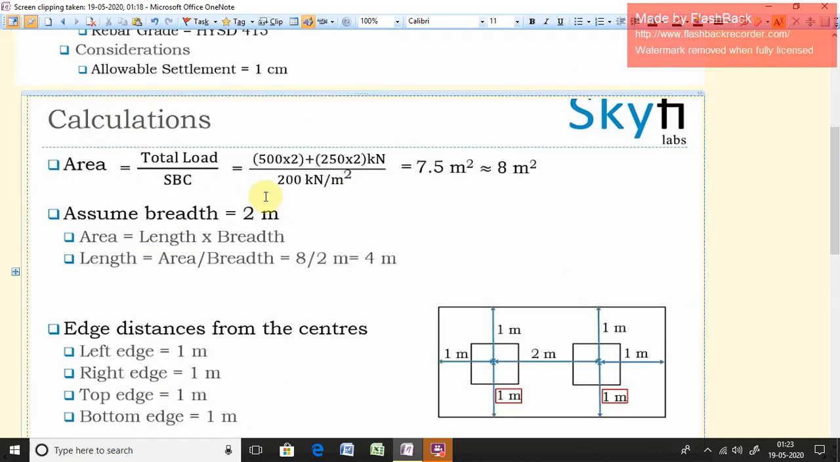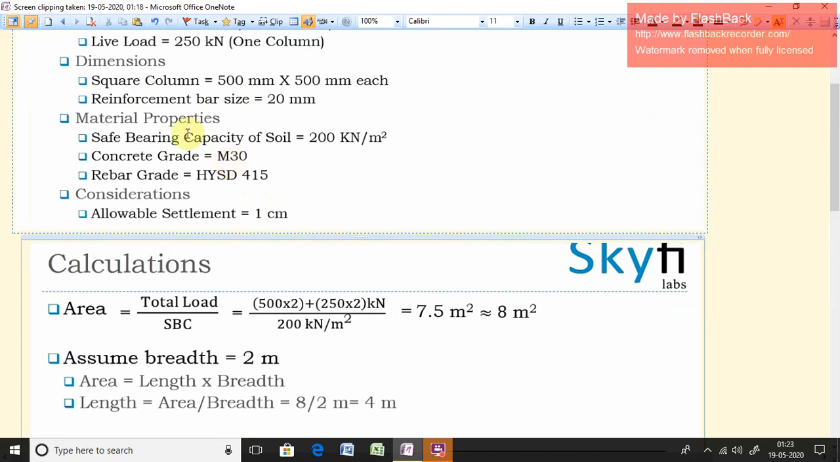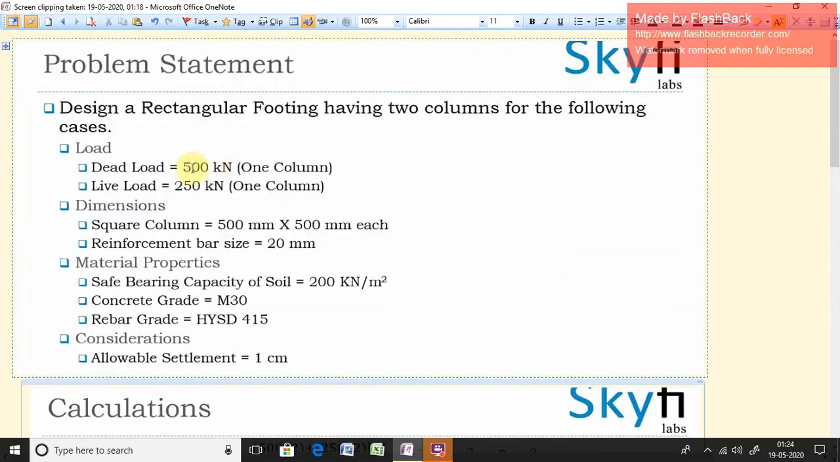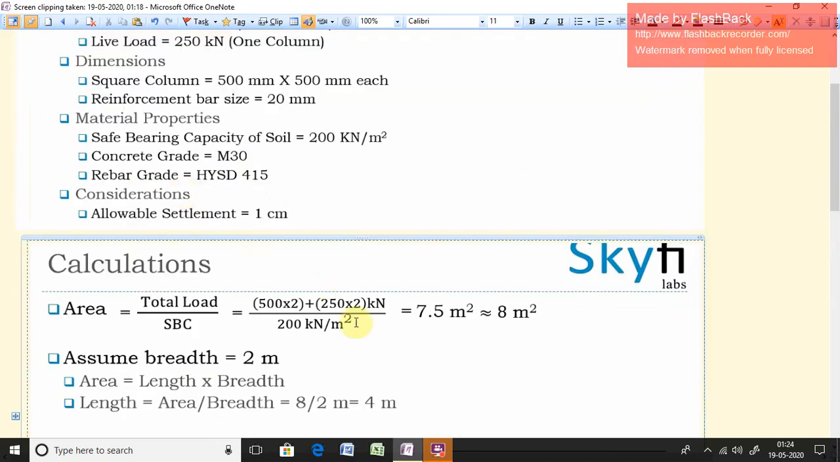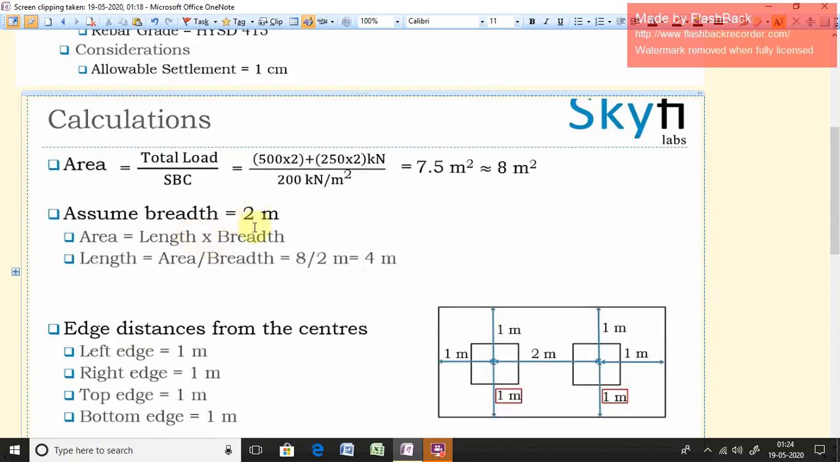Next we are starting for the calculation. First we have to calculate the area of the footing. So first, total load: dead load 500 for one column, so into 2, and live load for two columns, 250 into 2. Safe bearing capacity of soil is 200 kilonewton per meter square, so area equal to 7.5 meter square. So we are taking it as 8 meter square. Assume breadth equal to 2 meter, so area is equal to length into breadth. Length equal to area divided by breadth, 8 divided by 2 equal to